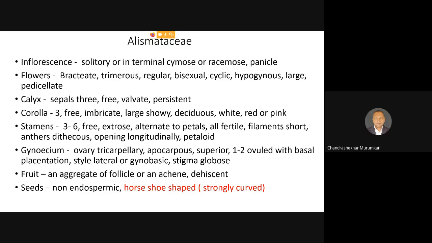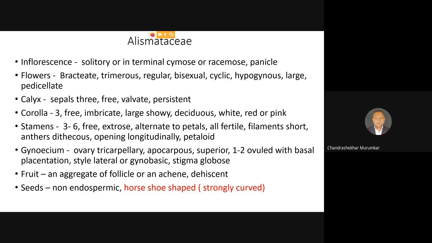Because in the rest of the monocotyledons, the seeds are endospermic and the endosperm is large in size and the embryo is smaller. I suppose you must know the example of maize. In maize, the endosperm is large and the embryo is very small. Whereas in this case, the seeds are non-endospermic, the endosperm is not at all present or it is consumed and the embryo which is present is larger in size.